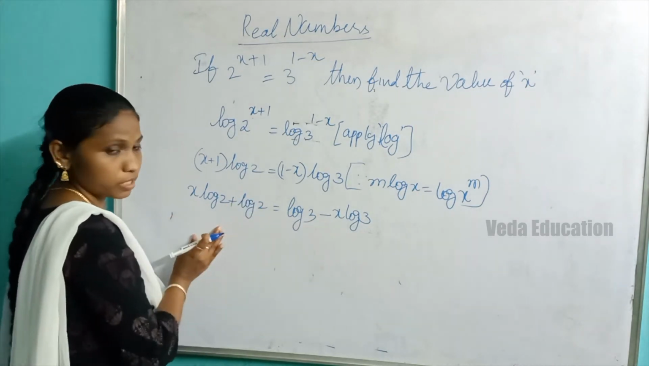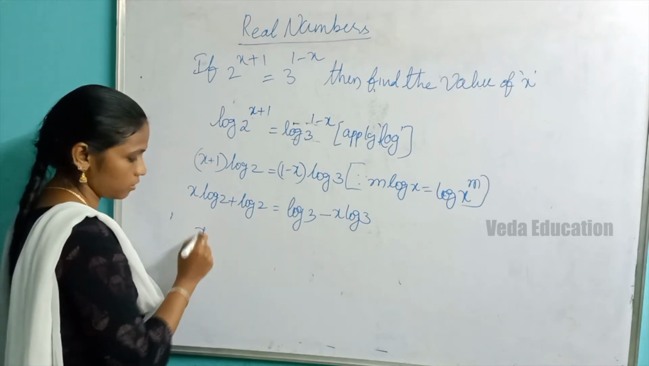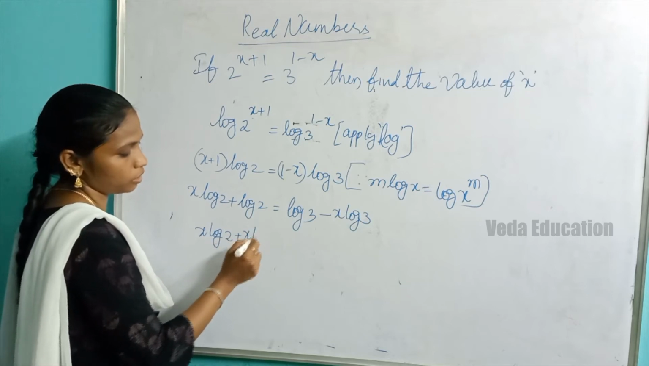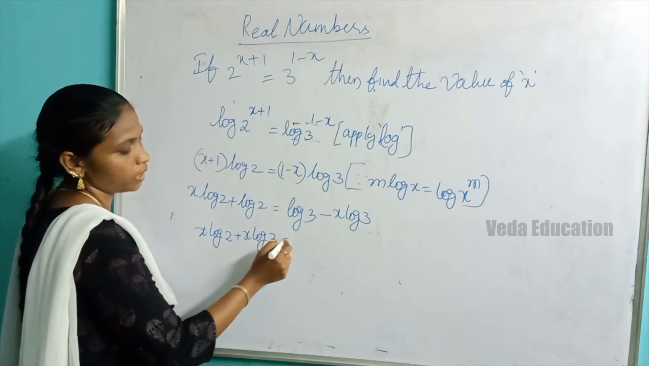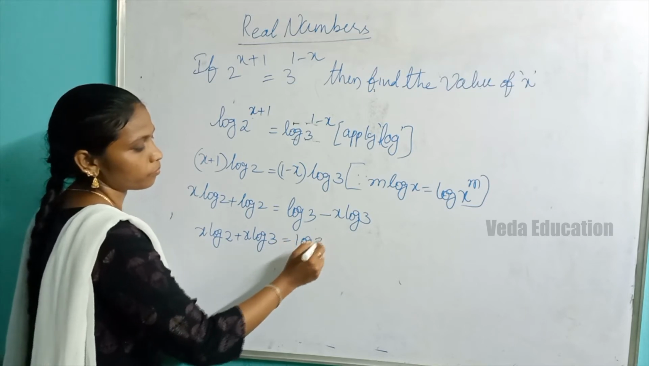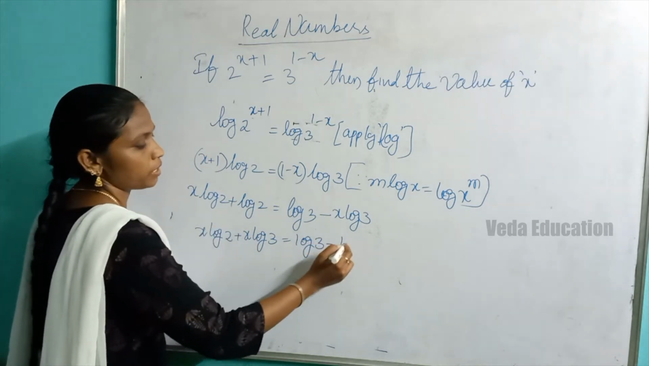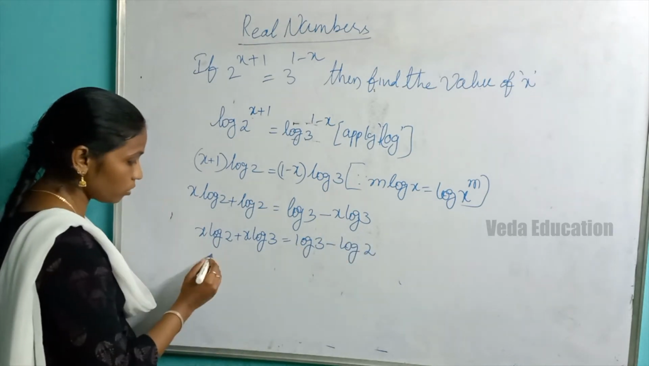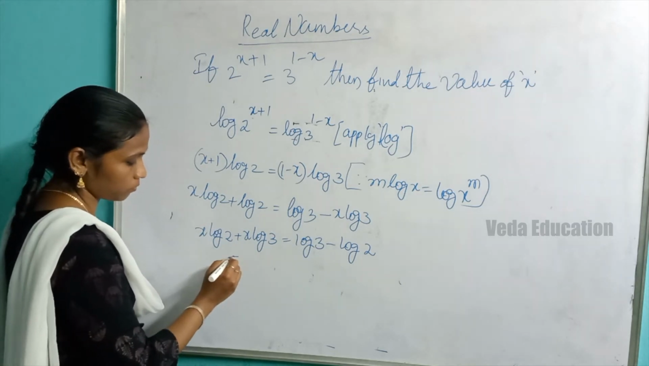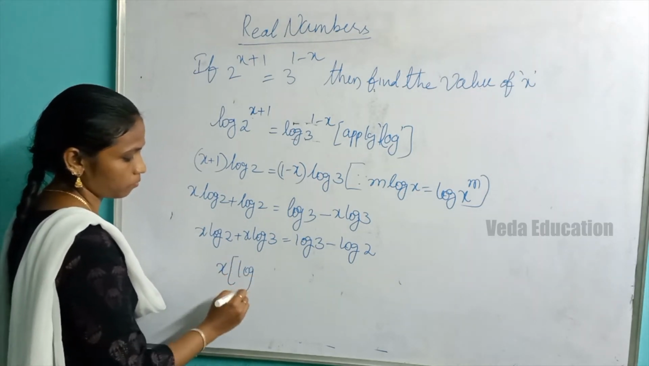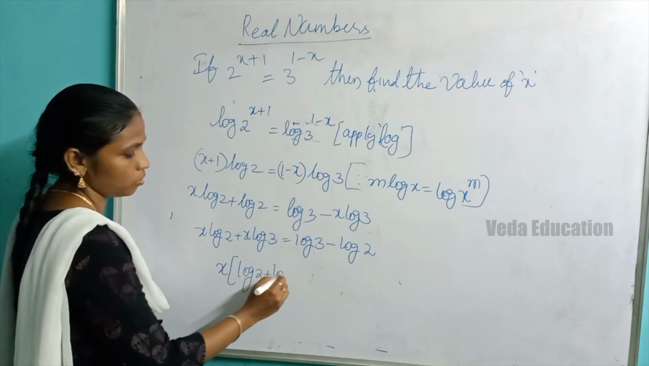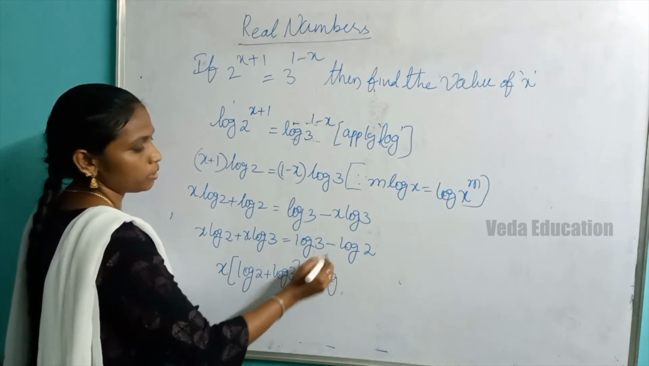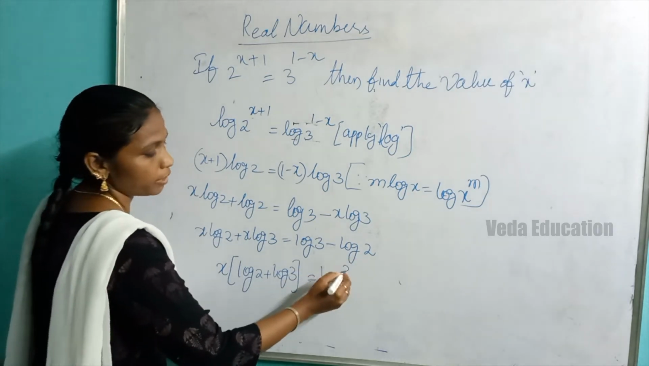So the x terms transfer to one side and the numbers transfer to the other side. x log 2 plus x log 3 equals log 3, and here the plus becomes minus log 2. Okay. Now take x common: x times (log 2 plus log 3), equal to log 3 minus log 2. This is my difference now,